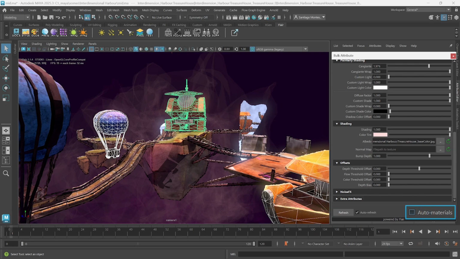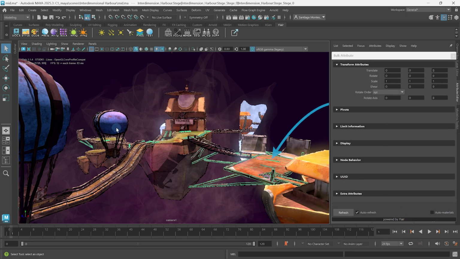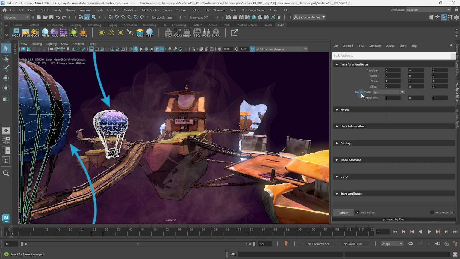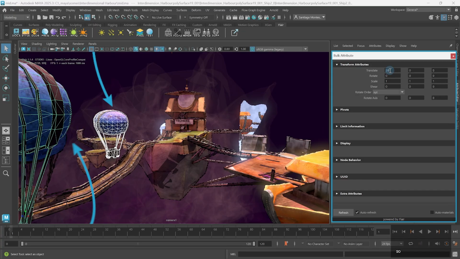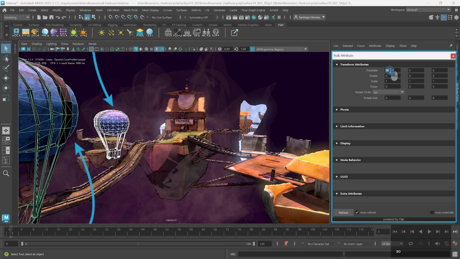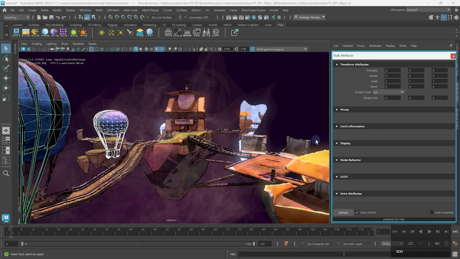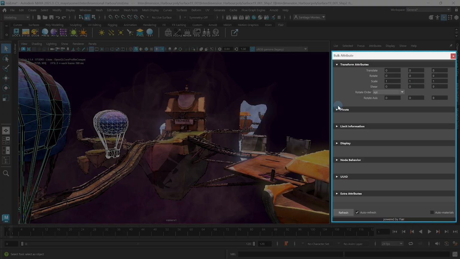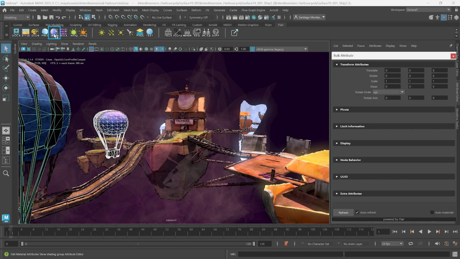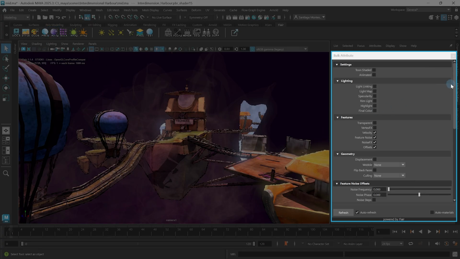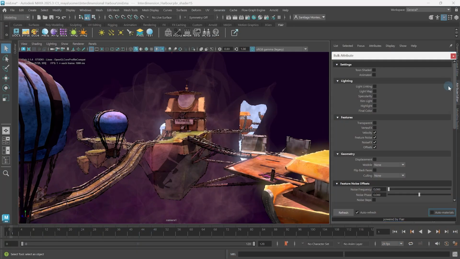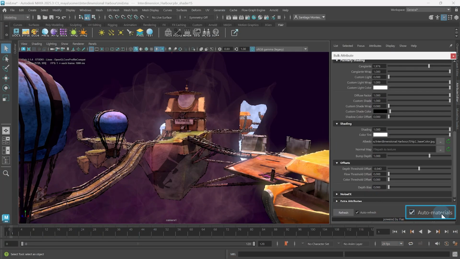This will show the attributes of whatever is selected, in this case, the transform node. This makes the bulk attribute tool work with arbitrary nodes, but keep in mind that support for other nodes apart from the Flair shader material will be somewhat limited. You can bring back the material attributes by selecting the materials assigned to the selection with the Matte Shelf button, as Auto Materials would have done. We use the bulk attribute tool mainly to change materials, so let's leave Auto Materials checked and concentrate on refreshing